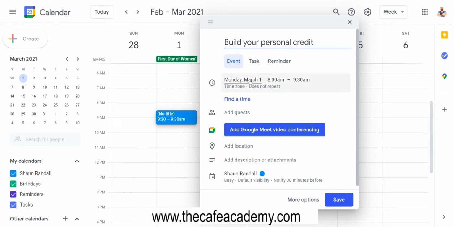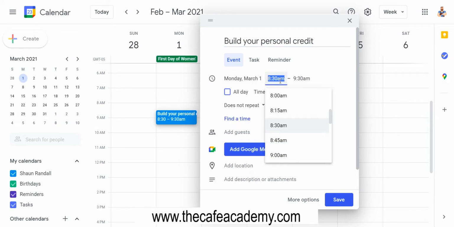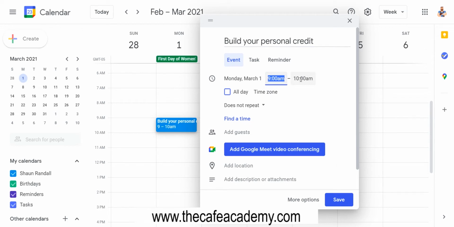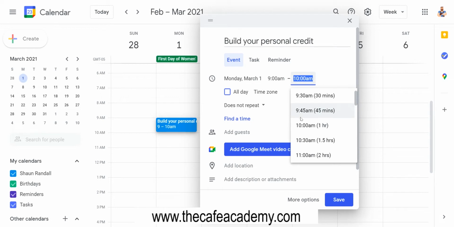Alrighty, so March 1st is the day for you to start building your credit score all the way to the max. Okay, so now let's just say around this time frame, you should start building your credit, or at least participate in building your credit, from 9 a.m. to, let's give yourself 2 hours.